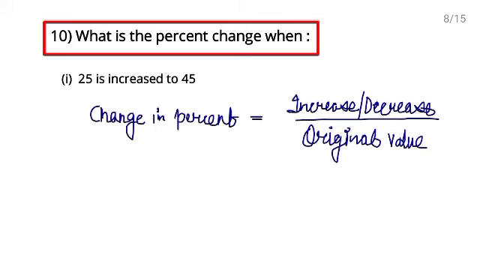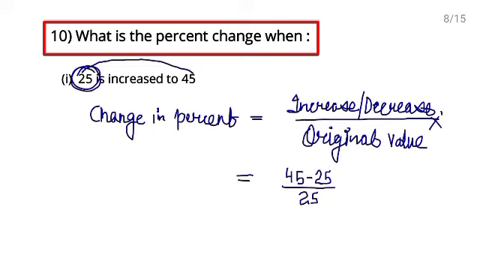So they are asking percent change. So what is increase or decrease here? क्या हो रहा है? 25 से 45 हो गया. So this is increasing, बढ़ रही है value. How much increasing? Increasing कैसे हो रही है? 45 में से अगर आप 25 subtract कर देंगे, you will get increase and the original value is 25. क्योंकि 25 थी ना, then increase के बाद 45 हुई है. And for changing into percent, multiply by 100, right? So this is the change in percent.